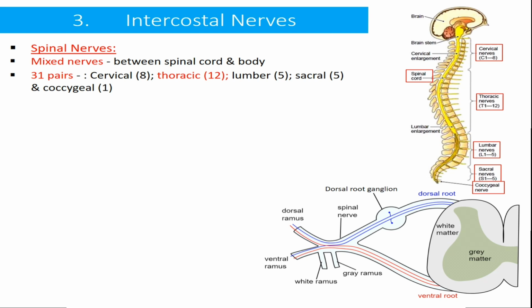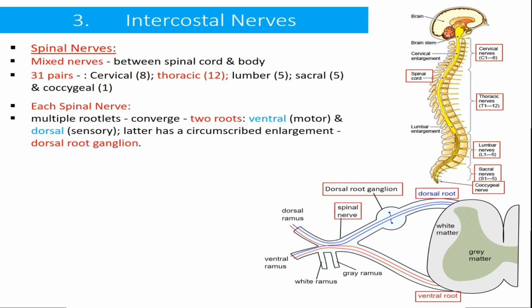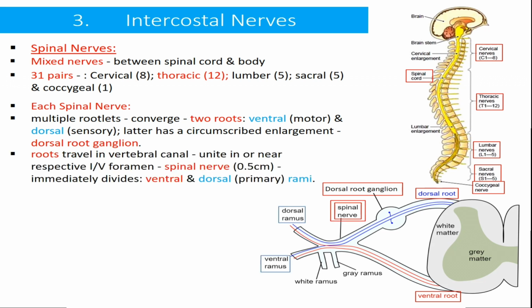Now, each spinal nerve has got multiple rootlets which converge to form two roots: a ventral which is purely motor and a dorsal which is purely sensory. The dorsal has got a circumscribed enlargement on it which is named as dorsal root ganglia. These roots, ventral and dorsal, travel in the vertebral canal, and unite in or near their respective intervertebral foramen to form the spinal nerve,